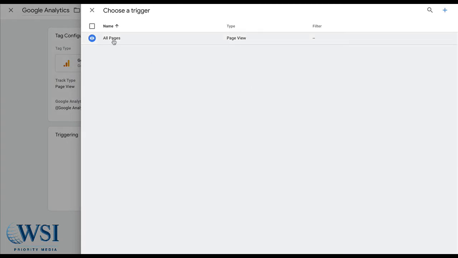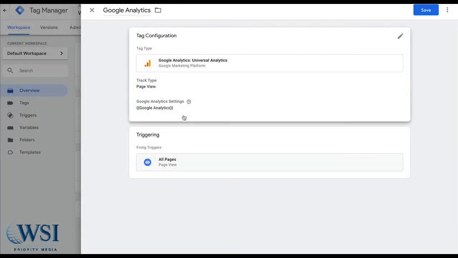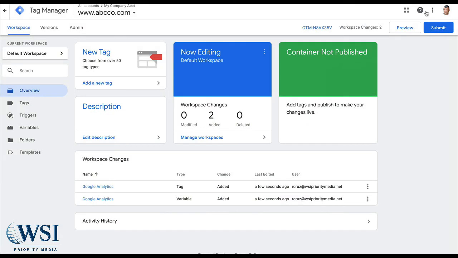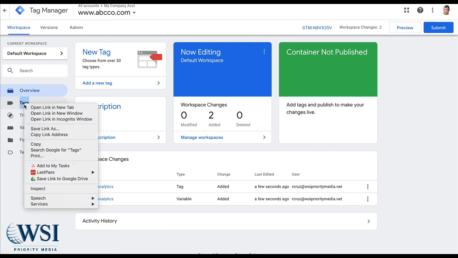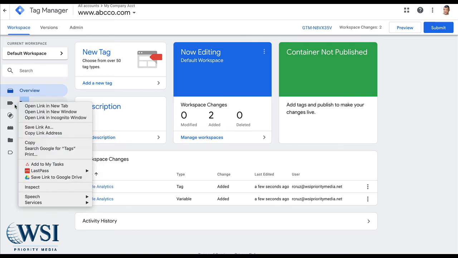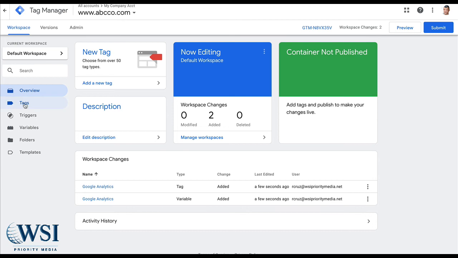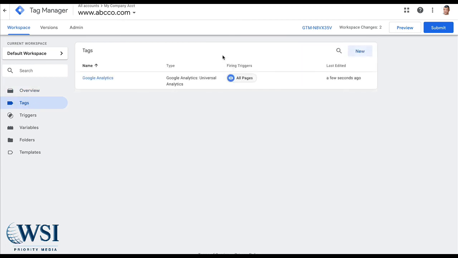In this particular case, the base trigger is going to be people in all pages. We want to go ahead and track it. So let's add that, and bam, your tag is now set. I go in here and check the tags, and this particular tag is collecting all the page visitor data. That's your baseline. Now, if you want to build upon that, you can add different tags on top of that as well.